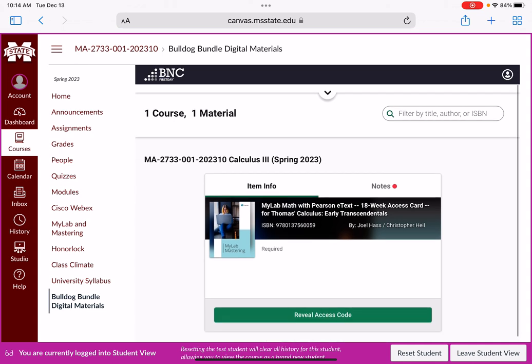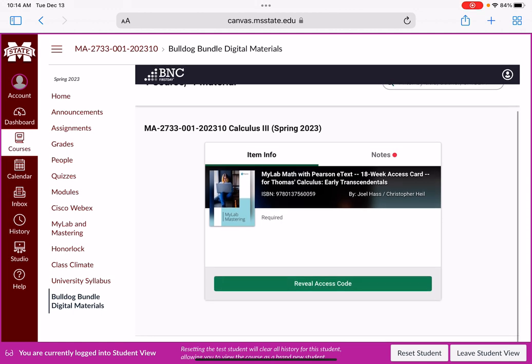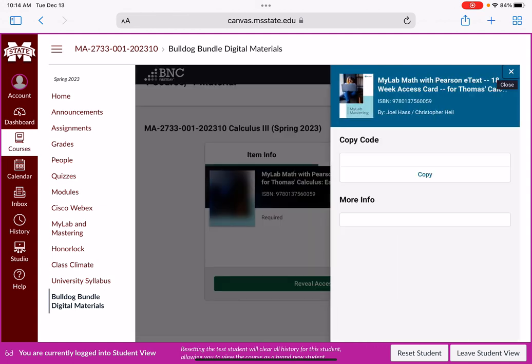If you opted in or stayed opted into Bulldog Bundle, this is where you can go to get your access code. You can hit reveal access code. Now, obviously, I do not have one because I'm not a student in this course, but your code will be right here that you can either copy into your digital sync